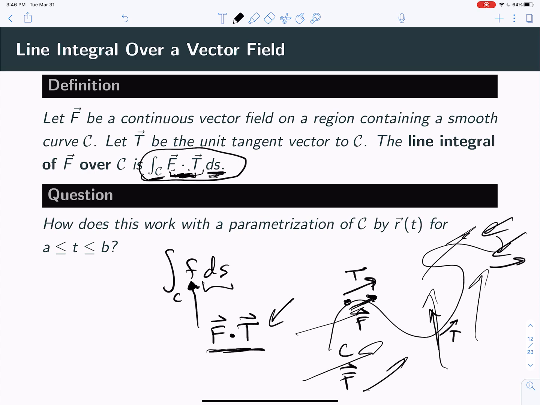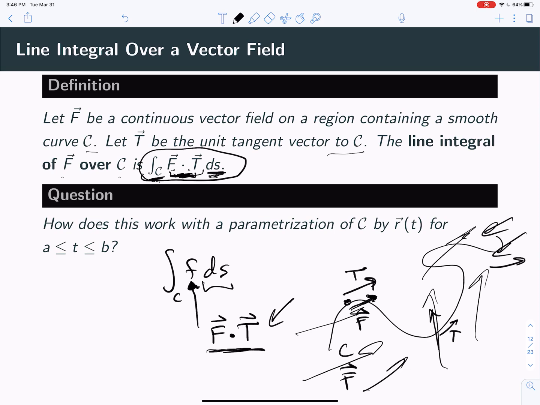And then it multiplies by the length and adds them up over the entire path. Okay? So let's read the full thing now that we kind of have seen the idea. F is a continuous vector field on a region. C is a smooth curve. T is the unit tangent vector to the curve. The line integral of the vector field over the curve is equal to this integral over C of F dot T